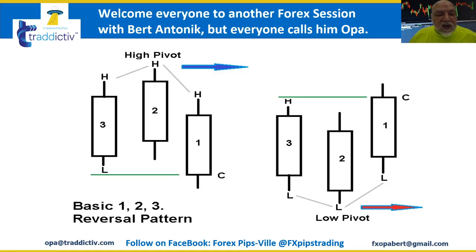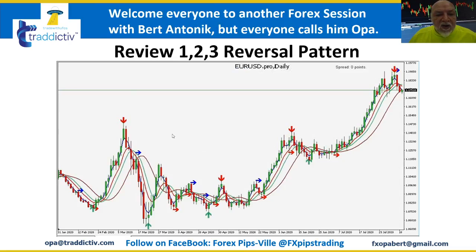Here again is the reversal pattern that we are using when these blue and red arrows show up on a chart. Here you can see we have the alert coming in, and here's a blue arrow. The significance of these arrows is that they not only show you where the 1, 2, 3 reversal is, but if you project those over, there are conditions that can be met for scaling into a trade and also for adjusting stops. So those are the 1, 2, 3 reversal.